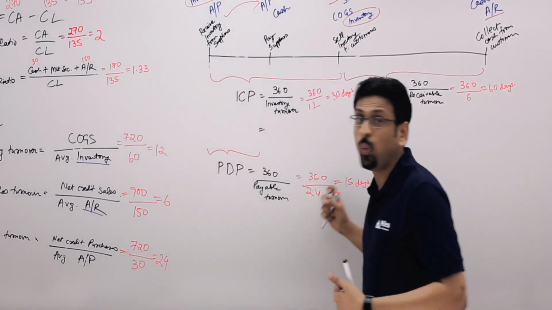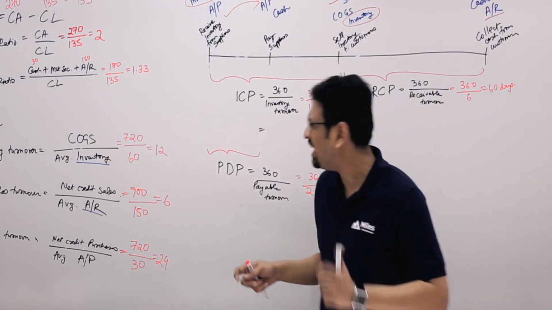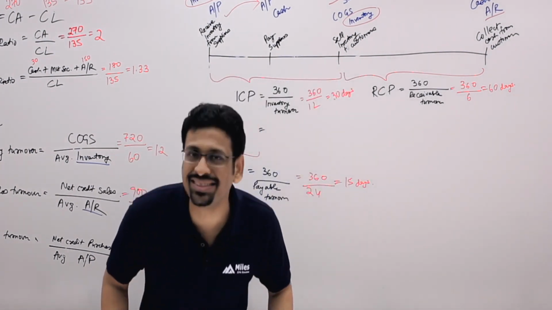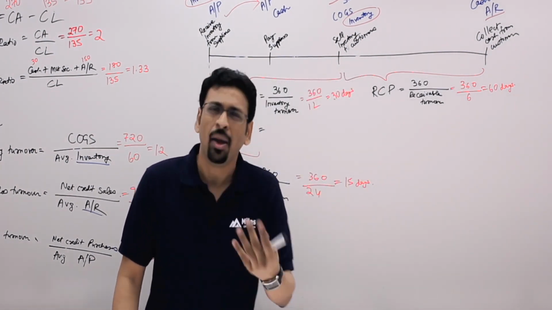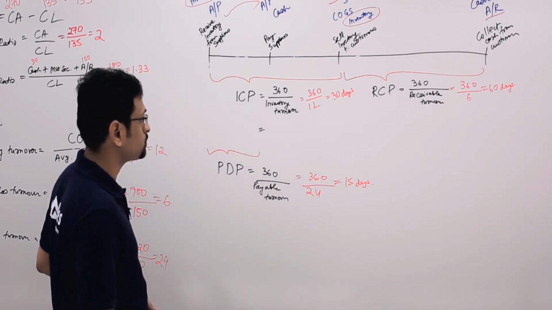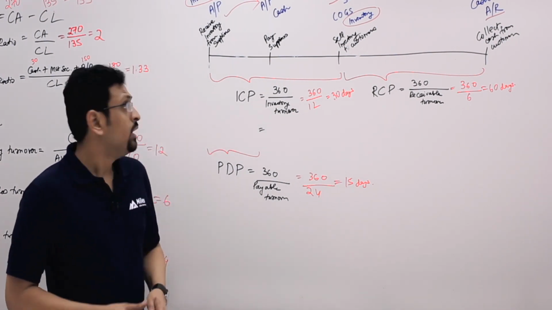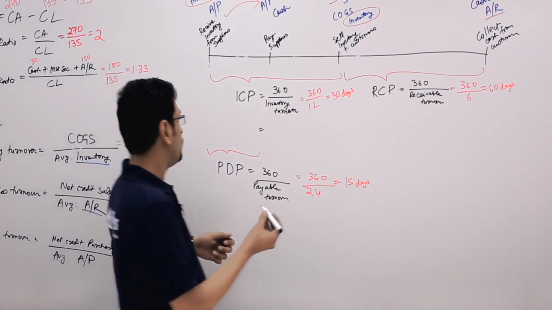15 days for doing it once. How many times across the year? 24 times. Assuming that the year has got 360 days. I know you know it's 365, but for calculation we're taking it as 360 out here. Makes it easier. Now, another way of calculating these conversions or deferral periods is doing, so if I'm looking at